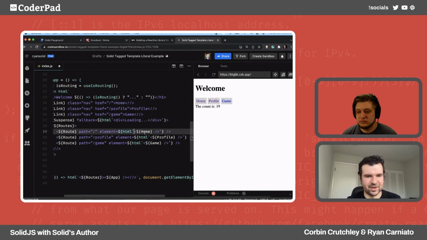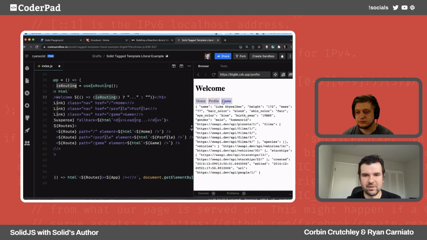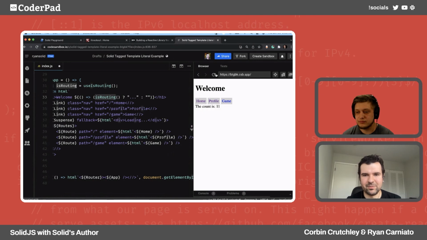And if we escape into JavaScript land, to get back in, you have to use HTML. So we were able to get rid of the extra wrapper, because that wrapper is happening internally inside the lazy components. The component stays the same, but its internal switch. But for something like this, if we didn't have this wrapper, it would not work, essentially. Because here, if you look, when I go to profile, actually, you know what? We do need the wrapper.